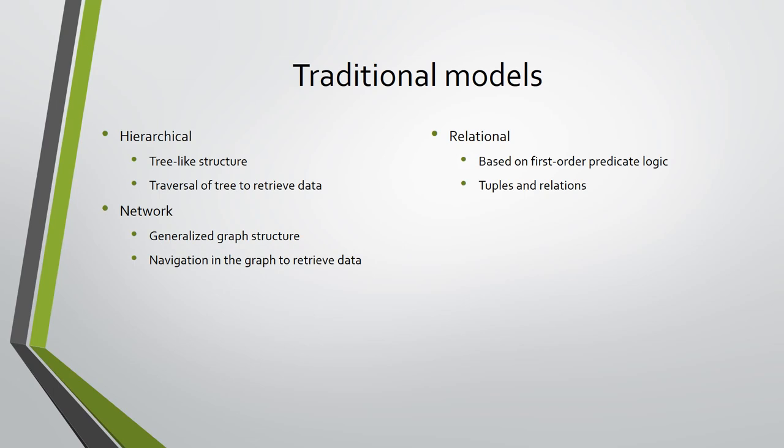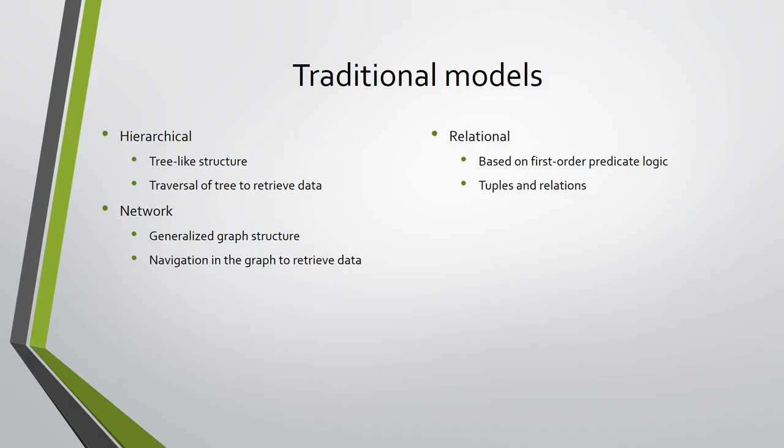In the hierarchical model the data are organized into a tree-like structure. The data are stored as records which are connected to one another through links. Each child record has only one parent, whereas each parent record can have one or more child records. In order to retrieve data from a hierarchical database, the whole tree needs to be traversed starting from the root